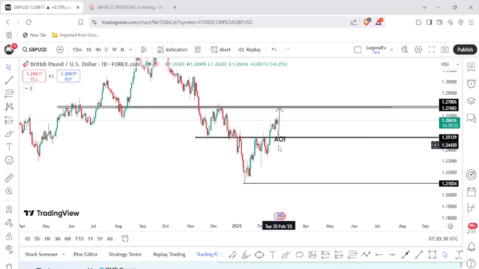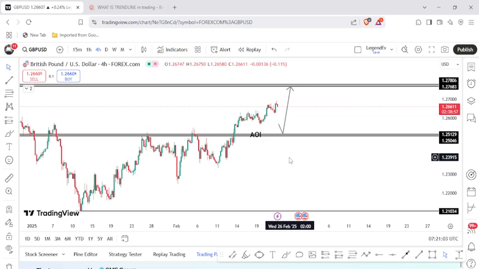I will be showing you why I say GBPUSD is still bearish from the weekly. As a swing trader, I want to take my overall flow from the monthly, weekly, and daily, and I will be executing on the 4 hours. So what I always do is check my weekly standpoint, and from there I can say that GBPUSD is still technically bearish.